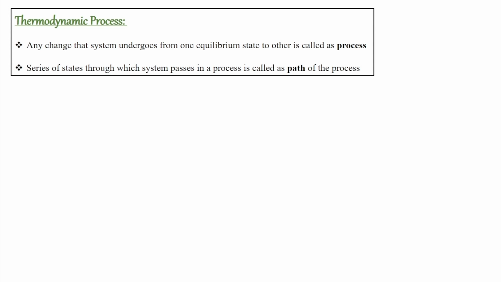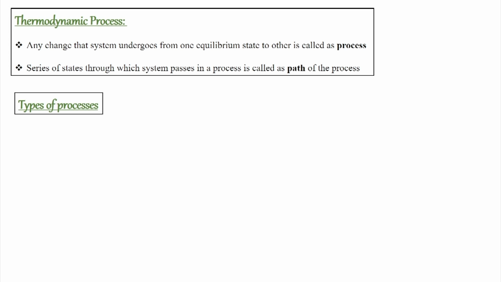So when a system undergoes a change from one state to another, in the previous example we said that there is a gas in a cylinder which has a certain pressure and temperature at an instant, and after a certain instant there is a certain other pressure and a certain other temperature. So the first state of the system and the second state of the system are different. In such a case the system has undergone a process, and this is what we call a thermodynamic process, where the system goes from one state of equilibrium to another state of equilibrium.